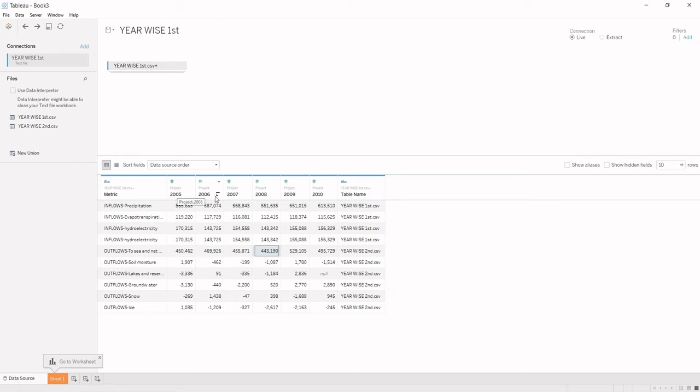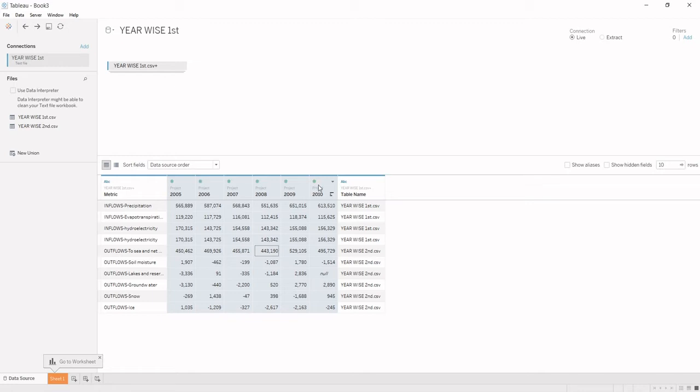But for time series analysis, creating line charts, and for good visualization, we need to bring the data of all these columns together in a single column. That is, data from 2005 to 2010 should be combined together in one column only. And for that, we need to convert this data from its horizontal manner into a vertical stage. And for bringing it from horizontal to vertical, we need to use the pivot option.